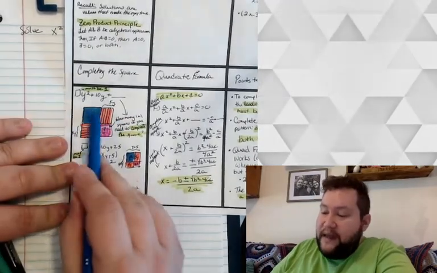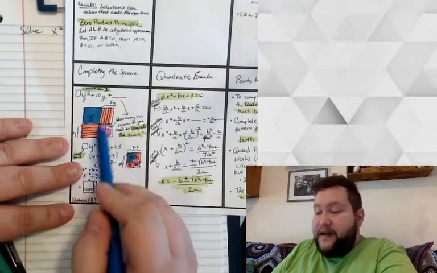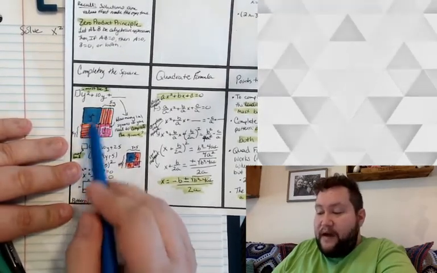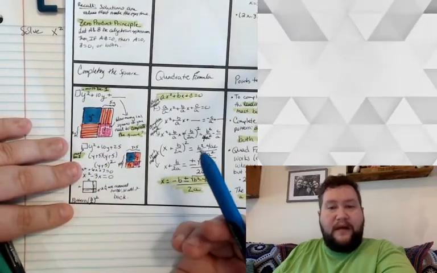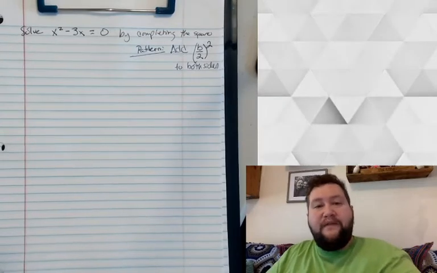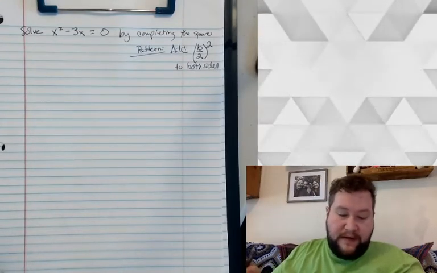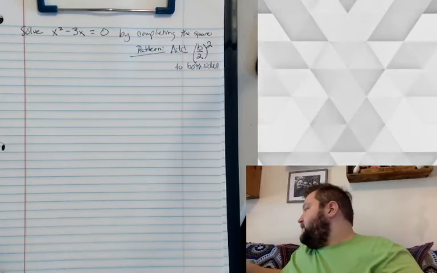We needed the length of this side and the length of this side to be equal. And so if I didn't add 5y here and 5y here, I would have a rectangle. So we will always need to add half the middle term squared to both sides. So if I wanted to put all of my steps back together,